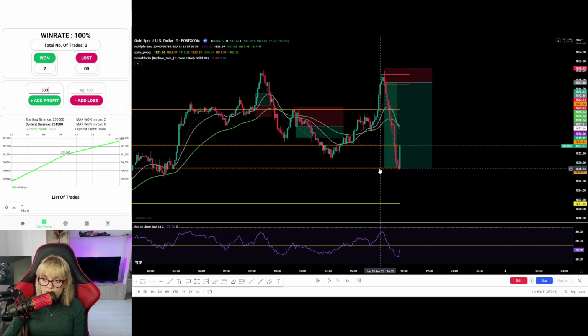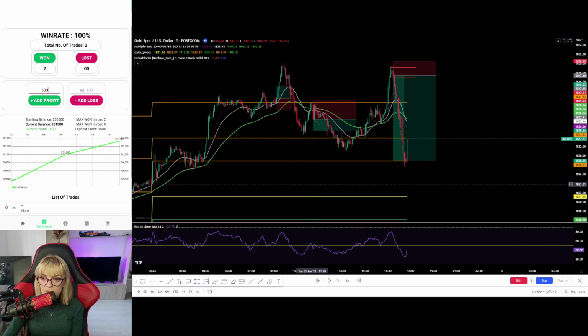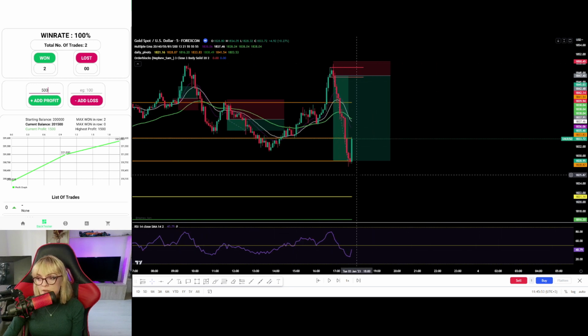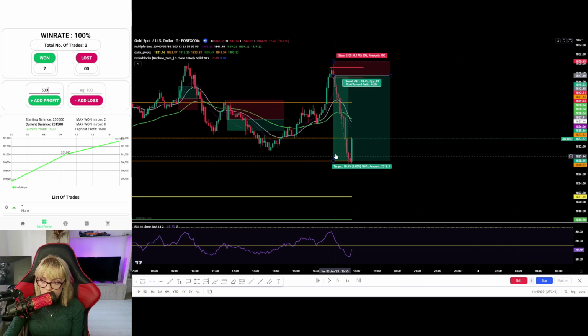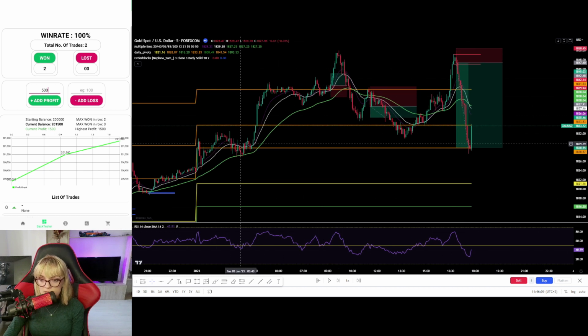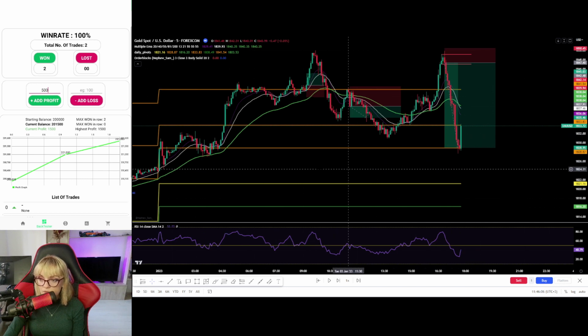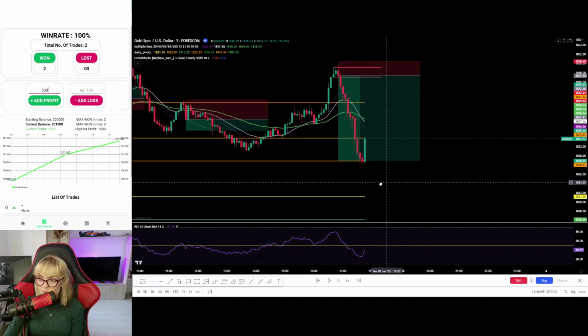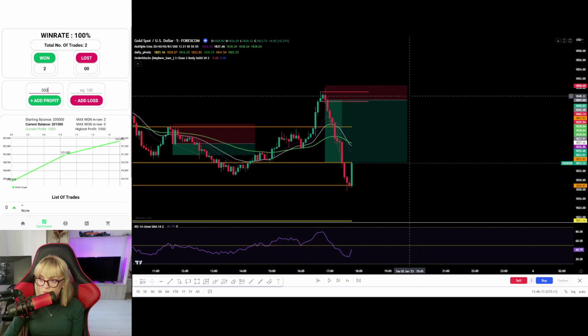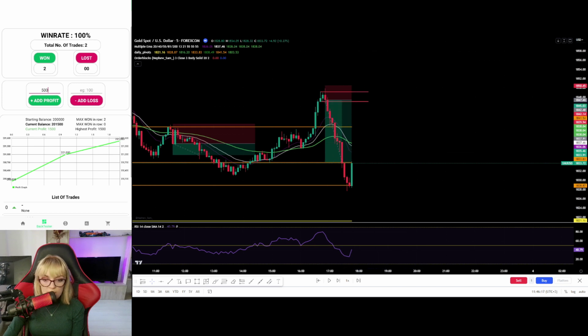You can target already this level, and you would have banked 6 to 1, but I really like the fact that gold is always trying to come back to its daily pivot point, and this is why I risked this zone here in order to maybe target the pivot point zone. But as you can see, the order block confluence with the first resistance zone of the day was more powerful than my presumption. So on the closing of this candle, our trade was closed on almost 4.5 to 1, and let's add